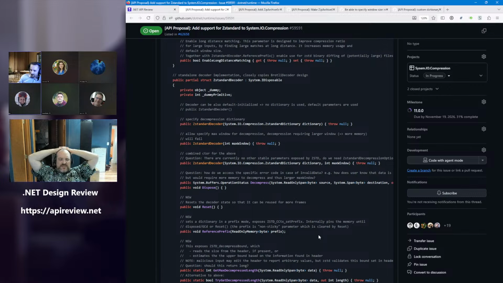The data is expected not to change during compression or decompression. So until you call reset, you're basically not supposed to touch it. Okay. And then if you set quality and that bool, the long range, whatever,